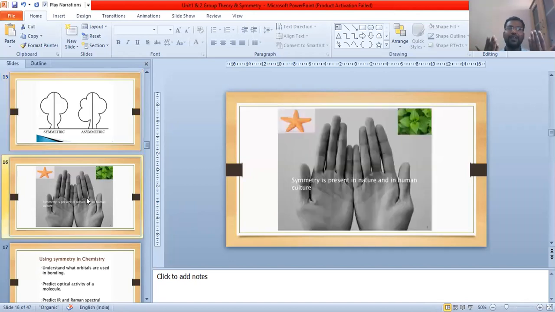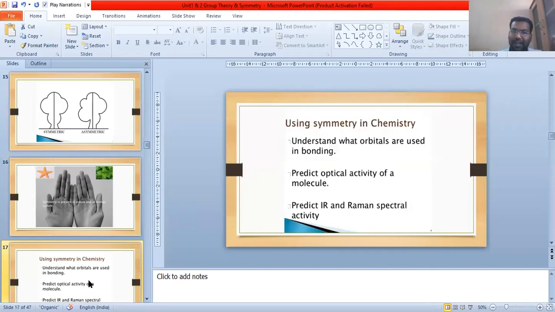Whatever palms we have, if you observe both the palms, there is symmetry present. So in humans also there is a specific kind of symmetry. In chemistry, why we have to learn about this symmetry is because there are some specific objectives to understand group theory and symmetry. The first important thing